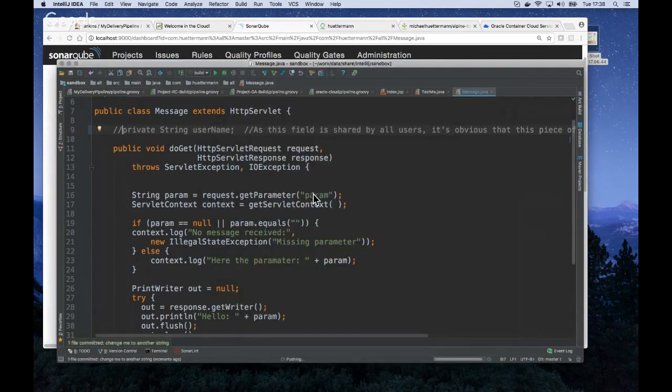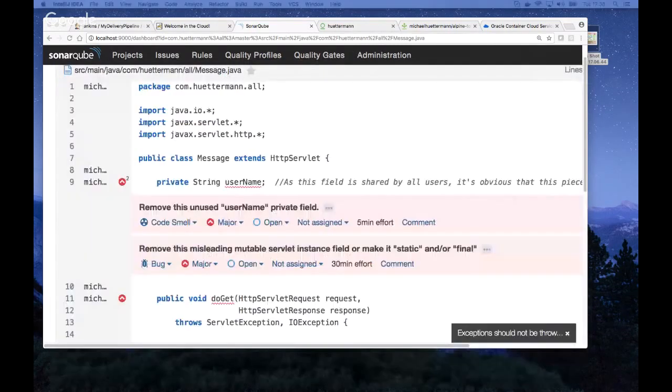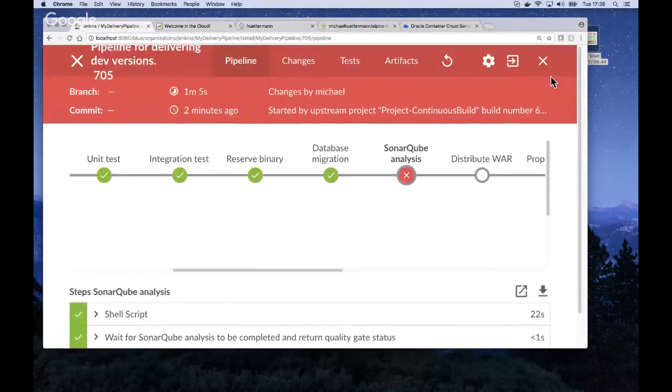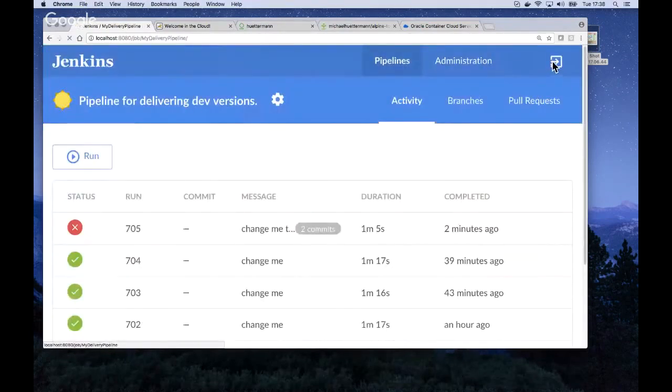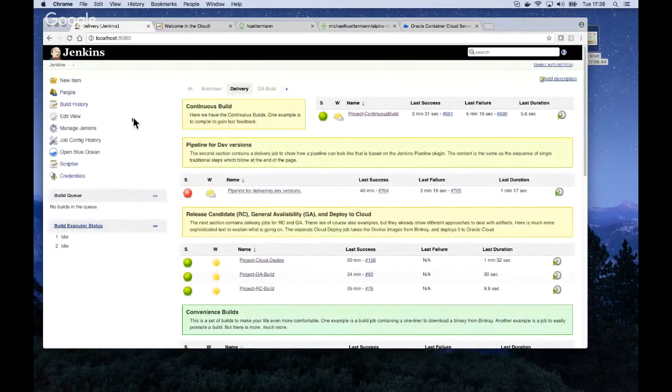Let's push it, and so SonarQube is not used anymore. We can close the window, going back to the Jenkins dashboard. And we can now again trigger the pipeline, which is comprised of different sub-pipelines, right? So the very few seconds or more or less 1 minute this pipeline runs,